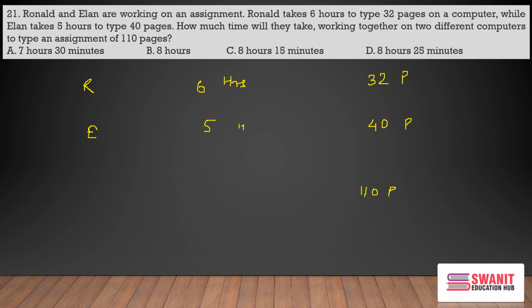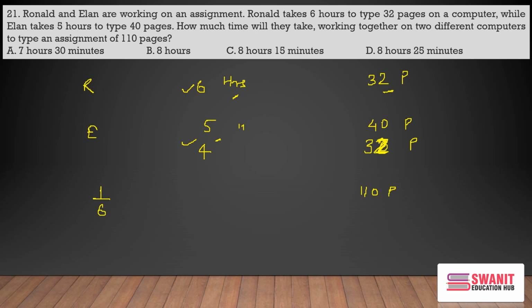So over here, for 32 pages, he's taking 6 hours. What about this person? For 40 pages, he's taking 5 hours. That means in 1 hour, he will be writing 8 pages, which means in 4 hours, he should be writing 32 pages. So to complete the same work, that is 32 pages, they are taking 6 hours and 4 hours respectively. So when they work together, they should be typing these 32 pages in a certain duration of time, and that is